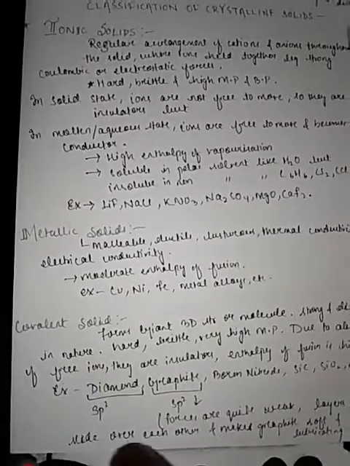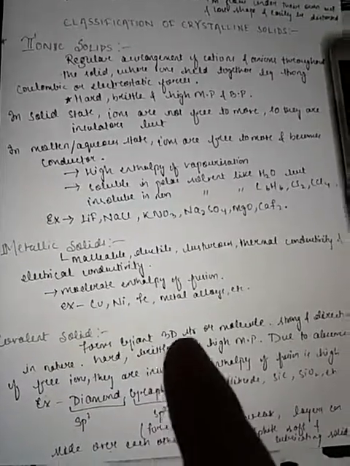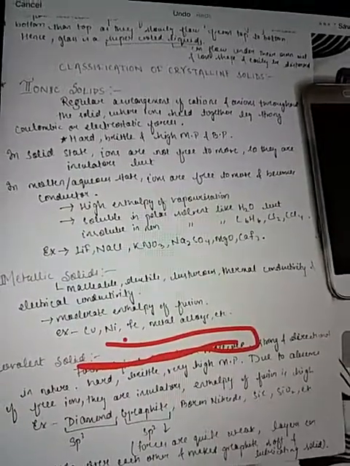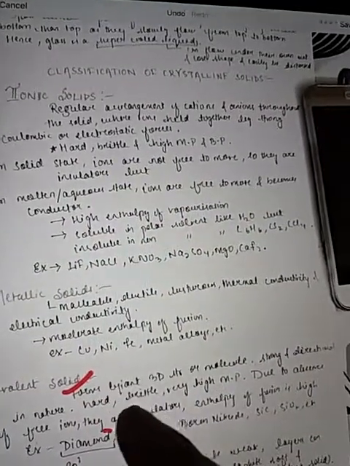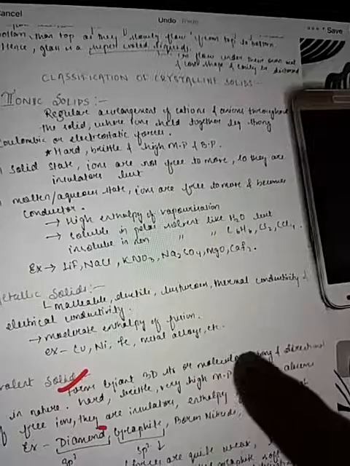Then covalent solid comes. In the covalent solid, see here, it forms a giant 3D structure or molecule. This point, giant 3D structure or molecule, underline this point, I have highlighted it here with a tick mark. So if it asks you about giant solids, you will know covalent solids are also known as giant solids. Forms giant 3D structure or molecule, I have ticked here.